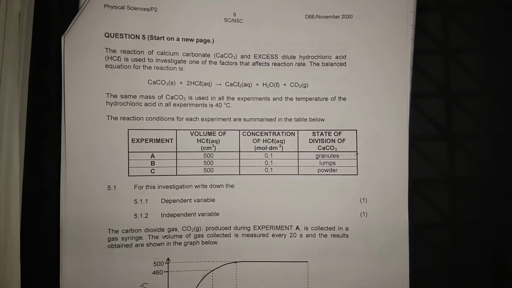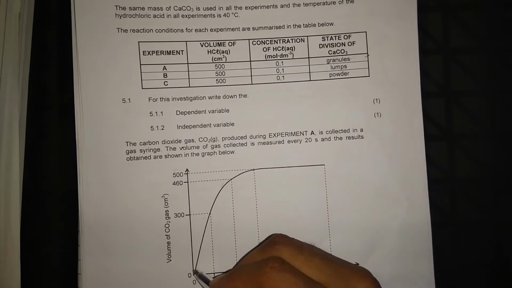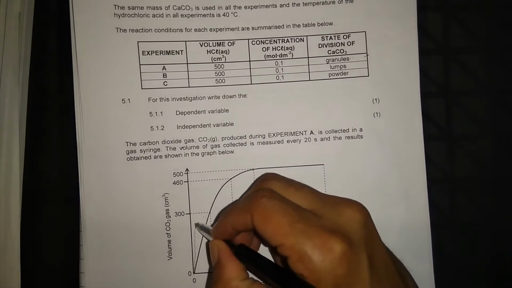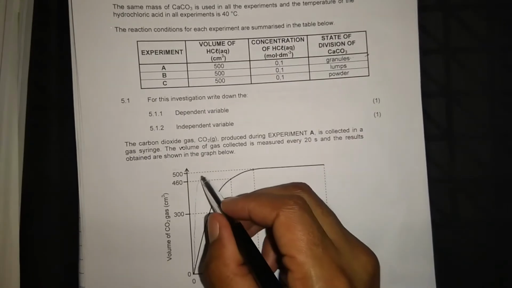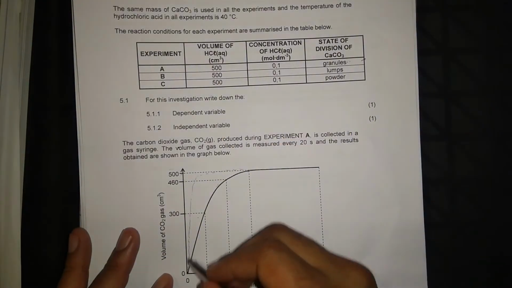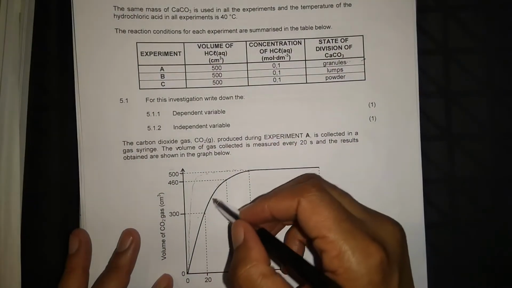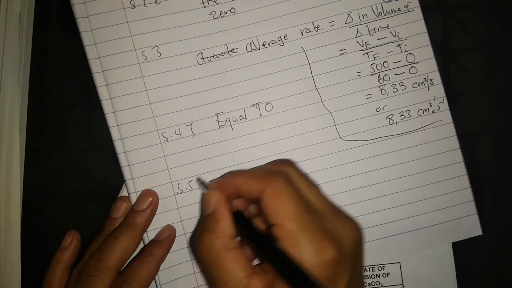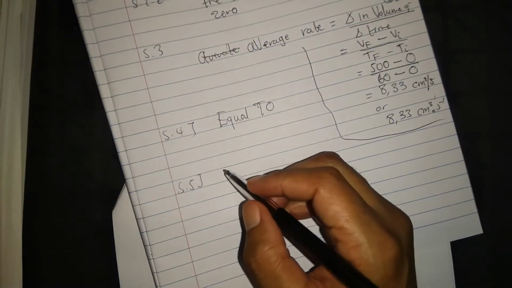So therefore I'm expecting the graph of C to look something like this. It will have a much steeper gradient, a greater gradient compared to the one in experiment A. So to answer 5.5, I can say